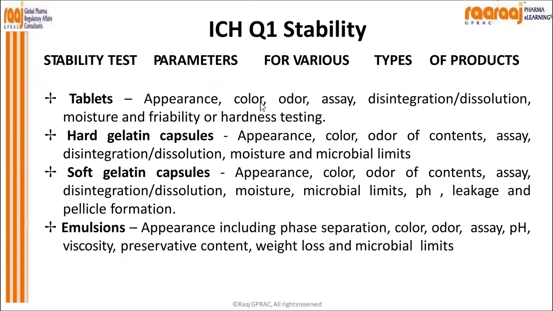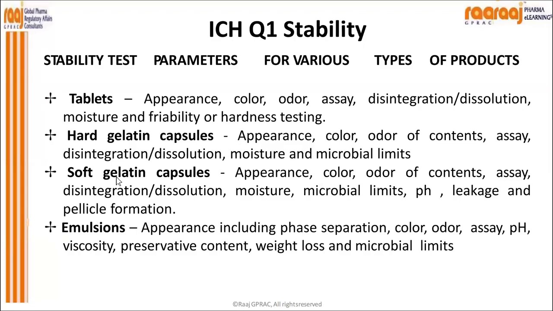For tablet, it is appearance, color, odor, assay, disintegration, dissolution, moisture, and friability or hardness testing. For hard gelatin capsule, appearance, color, odor of content, acidity, moisture, microbial limits. Soft gelatin capsule, appearance, color, odor, disintegration, dissolution, moisture, microbial limit, pH, leakage, and pellicle formation because it is a